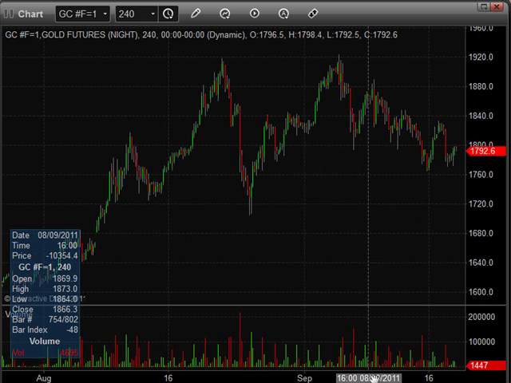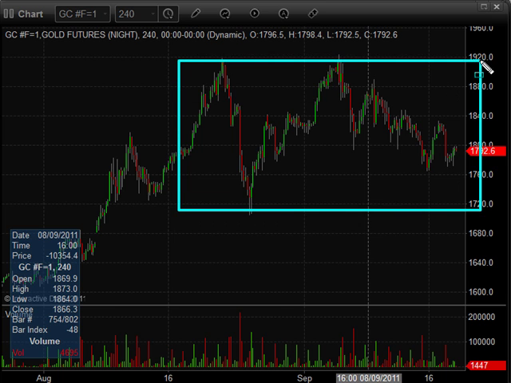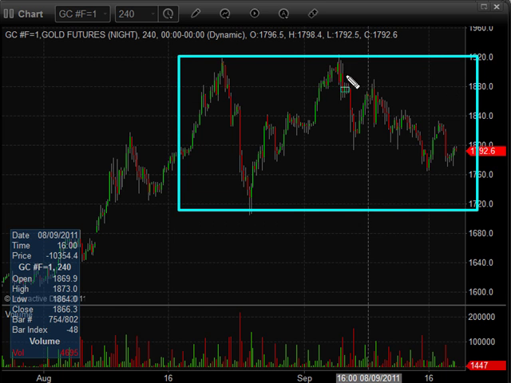In my opinion, they're trading more or less in the middle of their range, and I can just show you their current range is more or less from here to here. Gold's just been drifting lower and lower, coming down to support, but overall I don't like the price action, and I don't really want to short gold simply because it only takes a couple issues overseas, some headline news, and gold will jump straight back up. So although I'm neutral to bearish on gold and silver, I don't want to short it.